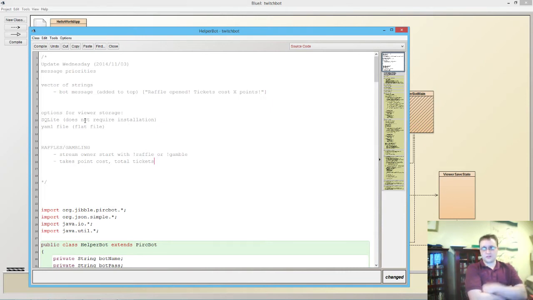And then for gambling, I would think gambling could be the same actually. You could buy tickets and they have a point cost. Okay, so those are the basic notes. Those are the most basic functionality. So we need